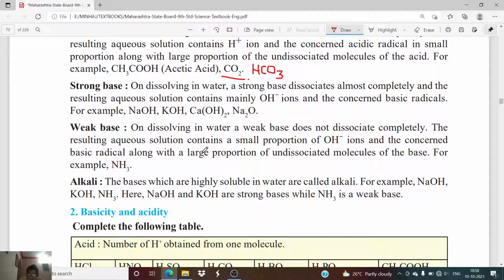compound or any base which is 100% dissolved in the water, and we see that the anion and the basic radical have been dissociated completely, then we can say that the compound is a strong base. Okay, so if you are mixing a base in water and you see 100% dissociation of anion and cation, then we will say that the compound is a strong base. Examples of strong base: sodium hydroxide, potassium hydroxide, calcium hydroxide and sodium oxide. Okay,